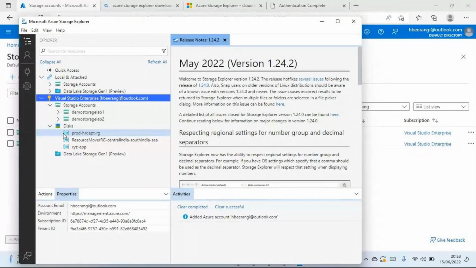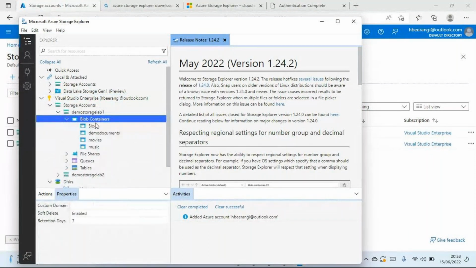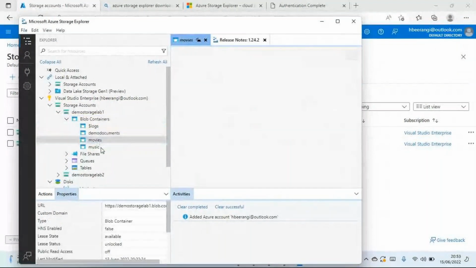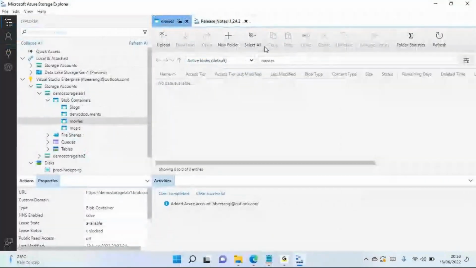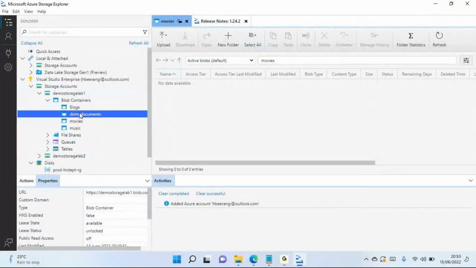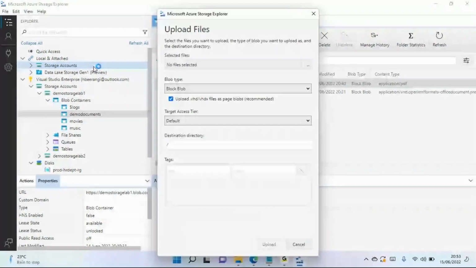And from here, if I want to expand, see here, I can expand this storage account and blob container. So yesterday we created demo documents and movies, like we have done in previous sessions. Everything can be seen in this tool. Let's say in demo documents there is some data, like PDF files. If you want to upload anything, you can do it from here too. You don't need to go directly to on-premises. You can upload it, sorry, you need not go to the portal. You can directly